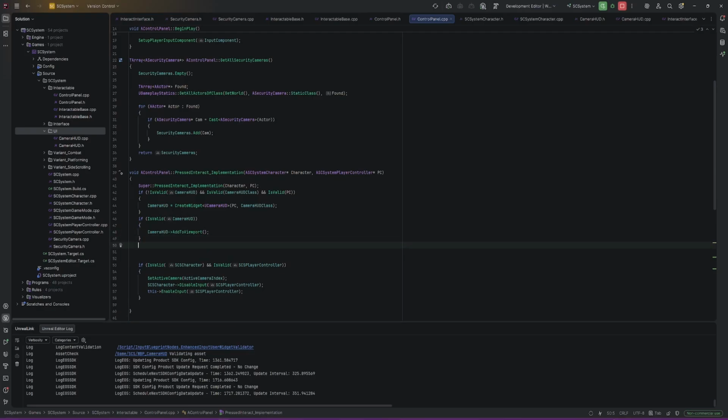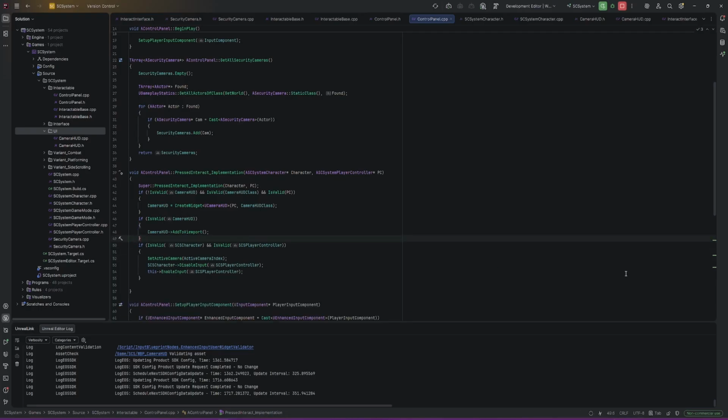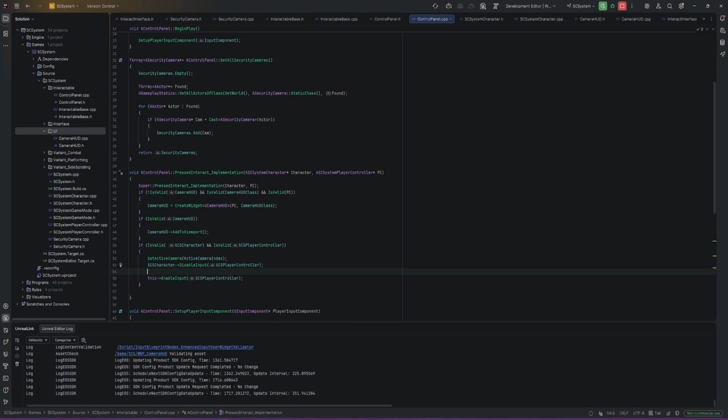And then you'll never guess what, it's another if statement, but I need to put it inside this function below. Check if the camera is valid, so it's to set the camera index, disable the input on the player controller, and afterwards we enable input on this. But with this we want to do if is valid